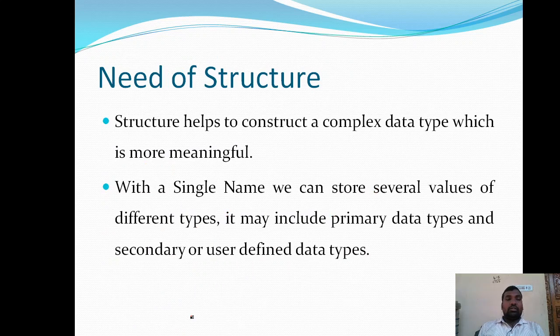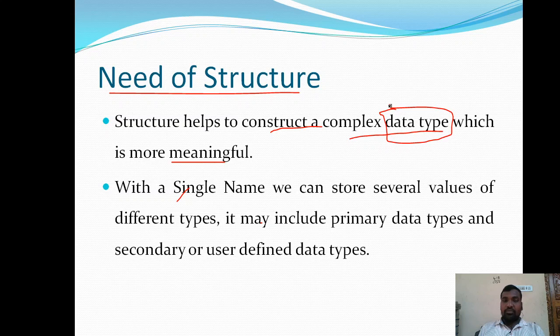So the need of structure is, structures are helpful to construct a complex data type which is more meaningful. First of all, the data types available in C programming are categorized into primary data types and secondary data types.